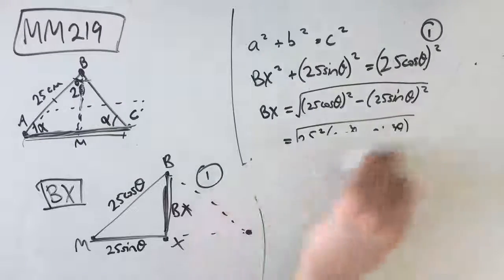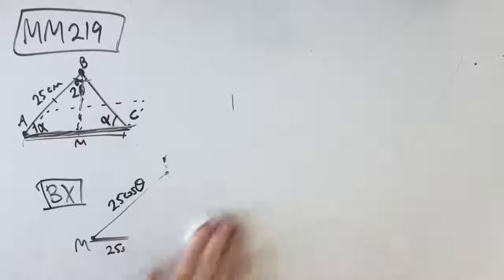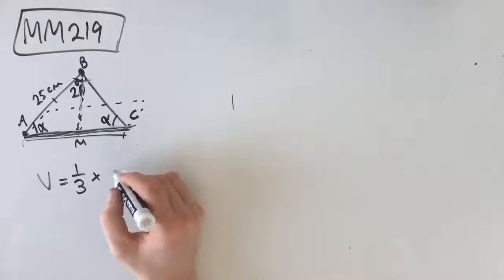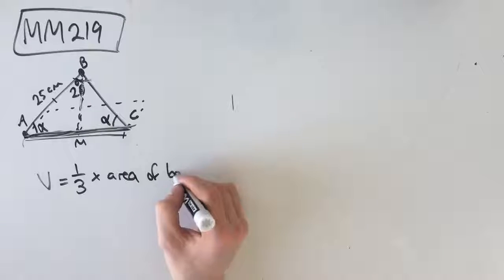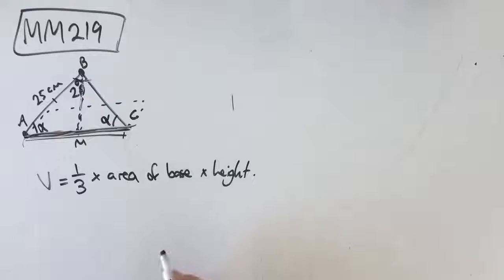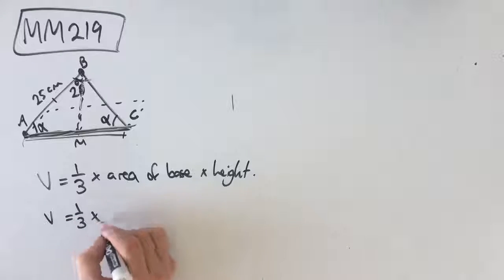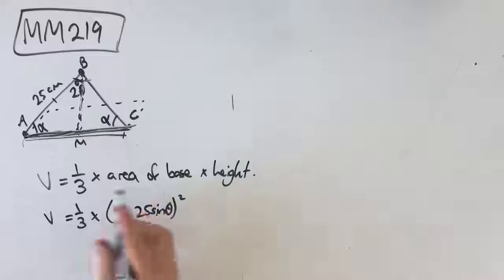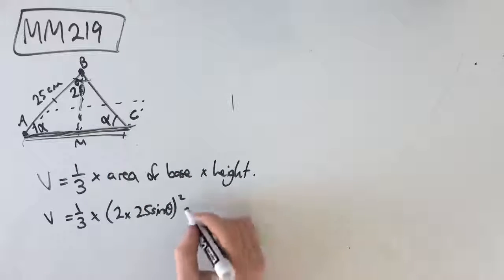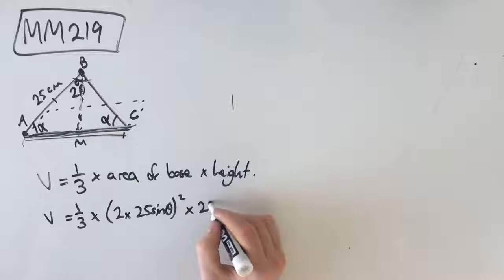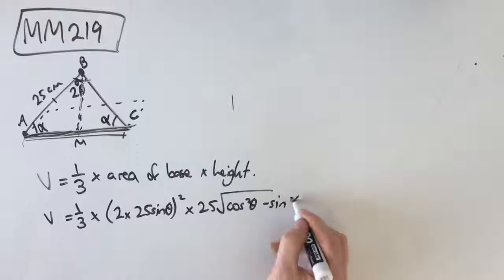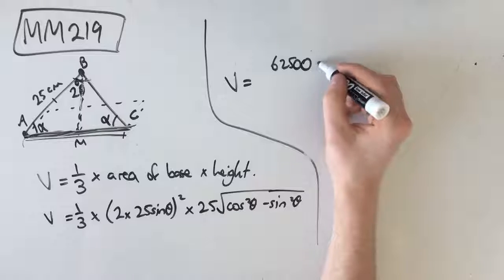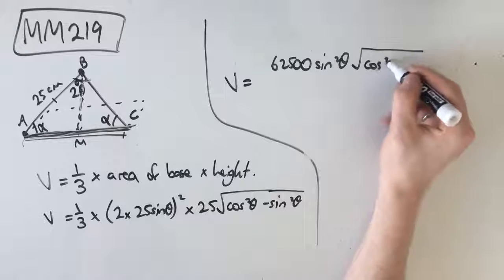So part BII asks us for the volume of model B in terms of theta, right? So we know all the details of the pyramid now. The question actually gives us this as well, which is quite generous. The volume is equal to 1/3 times the area of base, so of the square base, times the height. Now, from previous questions, we know that the area of the base is 2 times 25 sine theta squared, because it's a square, so we can get 2 times 25 sine theta here and multiply that by itself. And then the height, which we found in the previous question, is 25 root cos squared theta minus sine squared theta. Now let's clean this up a little bit, and we're going to get V equals 62,500 times sine squared theta root cos squared theta minus sine squared theta